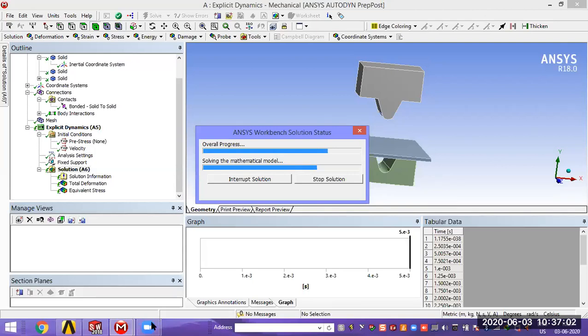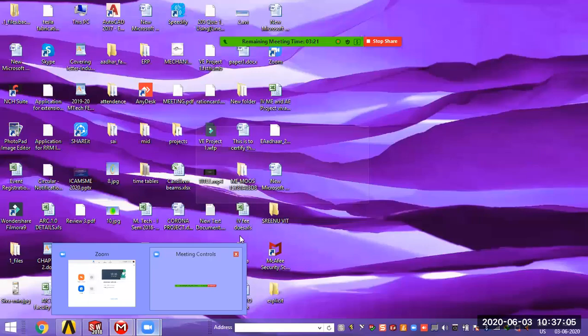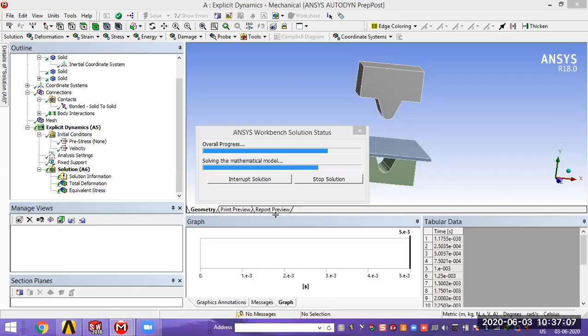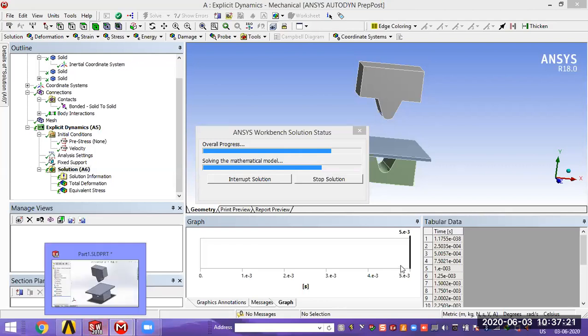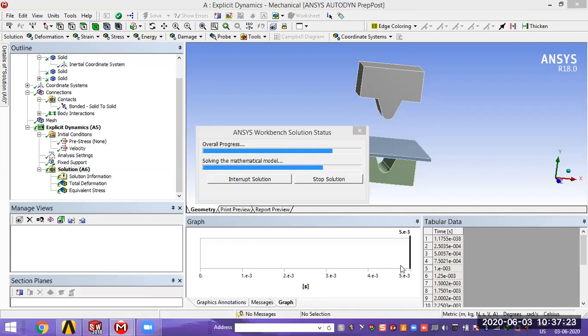It will take more time to solve. Sir, you told 1 minute only, sir. You take more than 3 minutes. That depends upon other software running inside my laptop. The laptop memory is also most important for simulation. If your RAM is very high, it's better. My laptop has 8 GB only. If you increase to 16 GB like this laptop, it will be very fast.